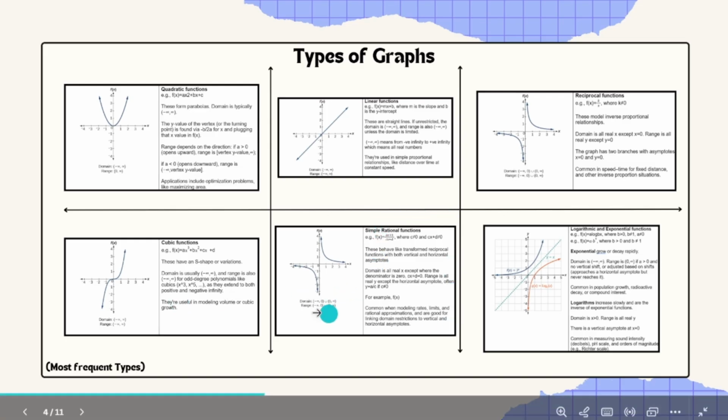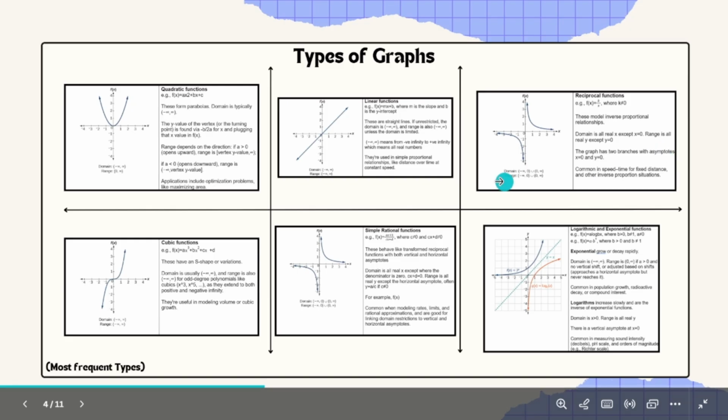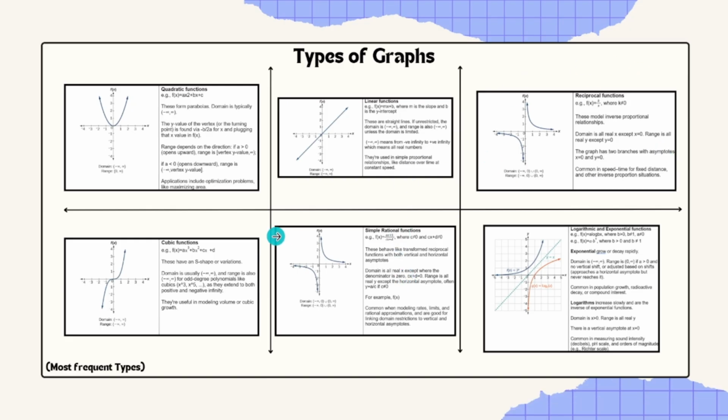Then you have simple rational functions, which are a bit similar to reciprocal functions over here. Once again, in this case, there's an asymptote at x is equal to 0 and y is equal to 0, but as you can see, it's in the form ax plus b over cx plus d. So an asymptote is basically formed when the denominator is equal to 0. Like in this case, when x is 0, you would get an asymptote over here. Similarly, when the denominator, which is cx plus d, is equal to 0, that's where the asymptote would form. And another asymptote is formed at